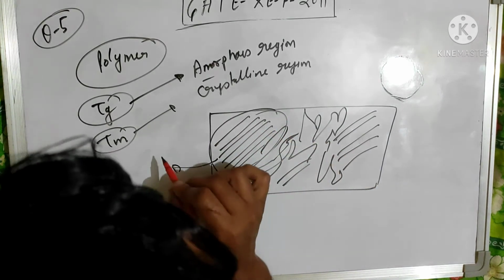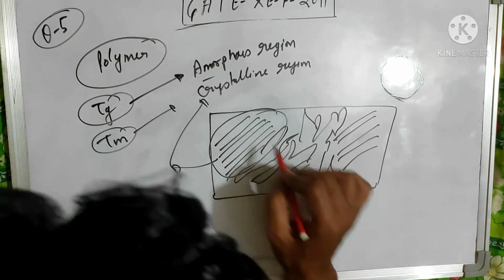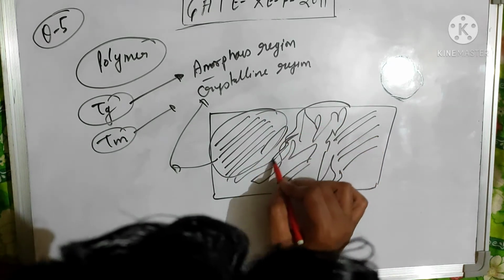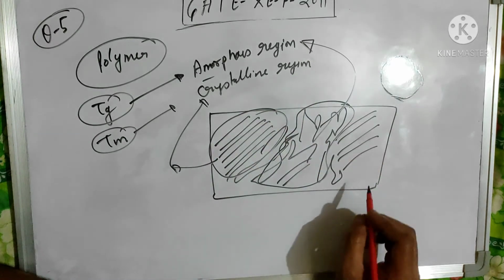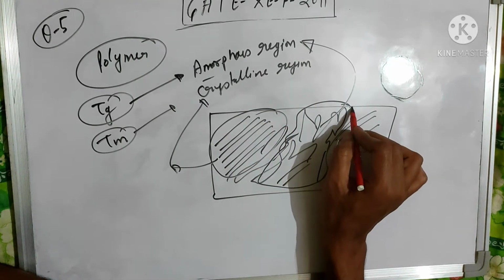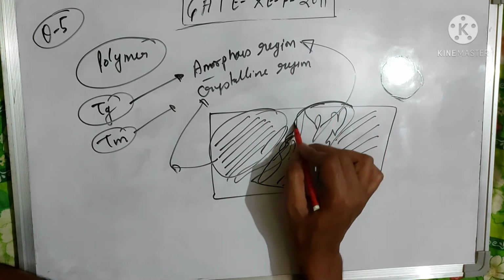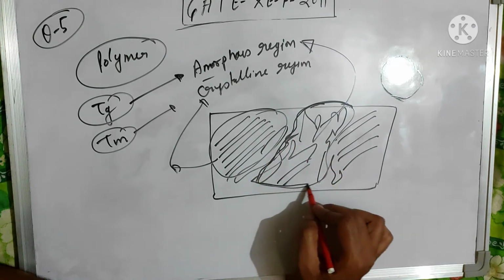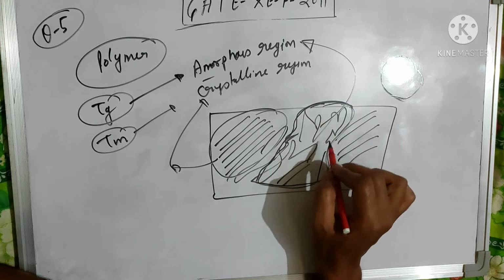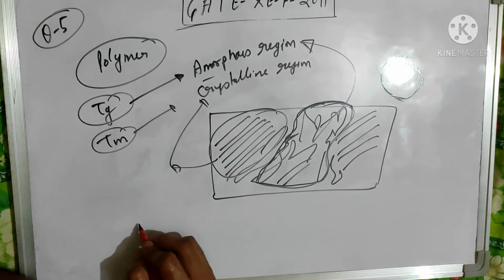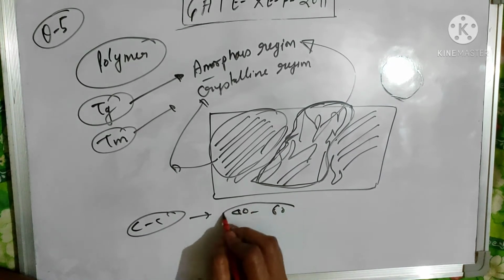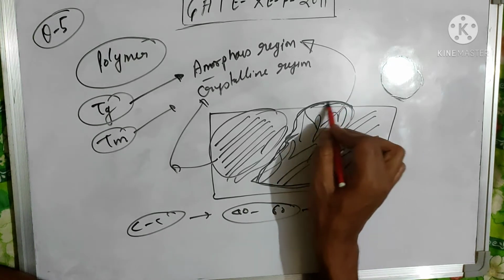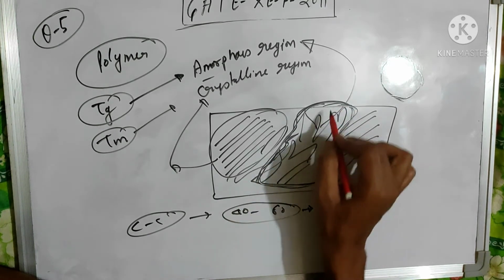This region is known as the crystalline region. And there is a random arrangement of molecules; this region is known as the amorphous region. So the glass transition temperature is a property of the amorphous region. Here a large number of carbon atoms are available. When the surrounding 40 to 60 carbon atoms start vibrational motion, that shows the glass